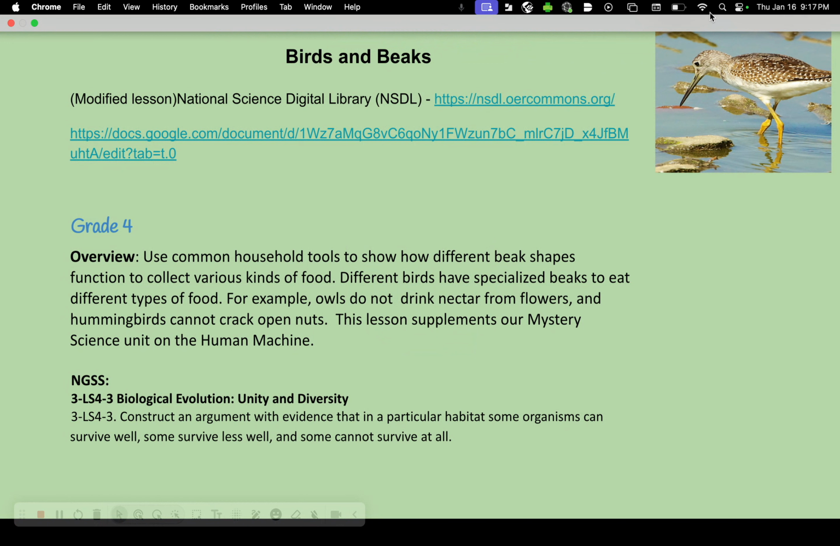We just started the unit and we had just done a lesson called Owl Ambush that looked at the different parts of the owl and the parts they use to catch their prey, like their claws and their wings and their brains, and how all the parts work together to accomplish a task. So I decided to kind of branch off of that a little bit and talk a little bit about birds and their beaks. So I found this lesson in the